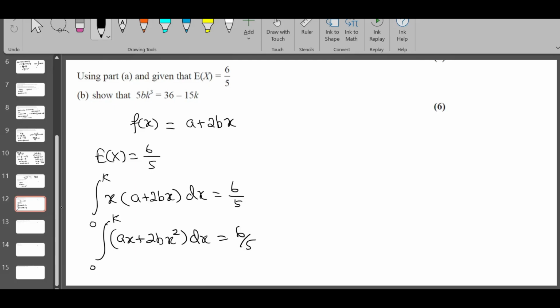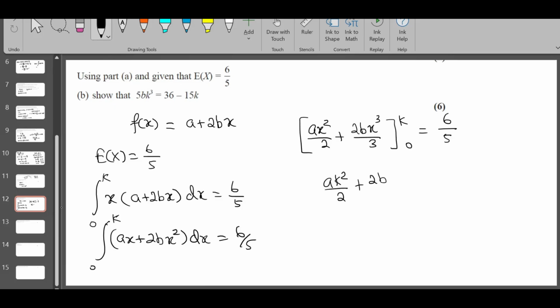Integrated, you will get ax squared over 2 plus 2bx cubed over 3, 0 to k is equal to 6 over 5. Sub in the upper limit. When you sub in lower limit, everything becomes 0. So forget about it. Sub in the upper limit, you will get ak squared over 2 plus 2bk cubed over 3